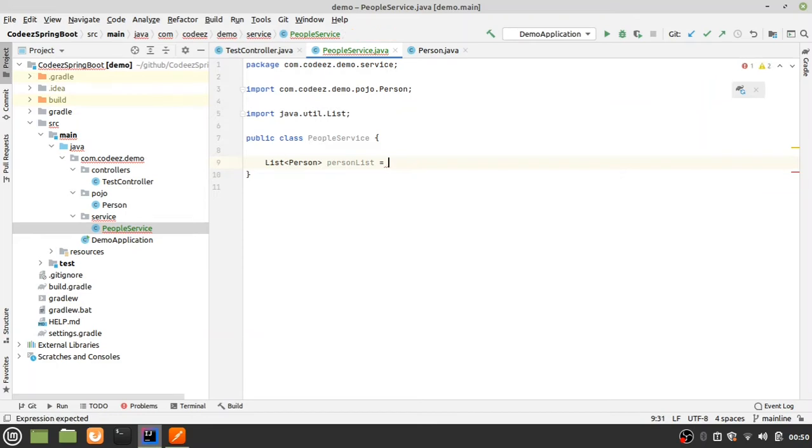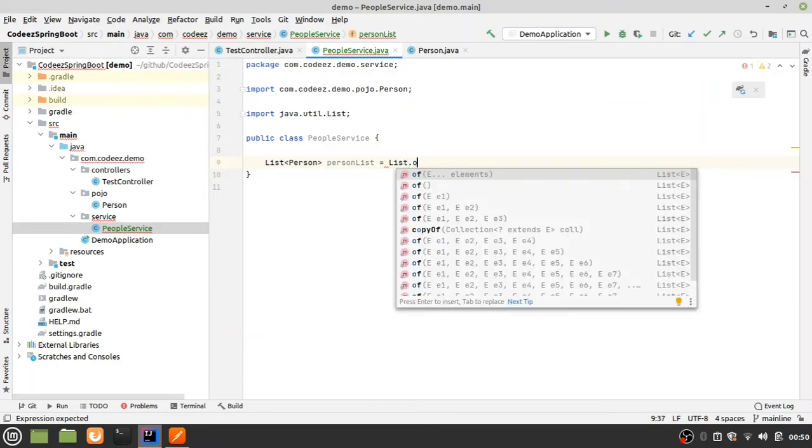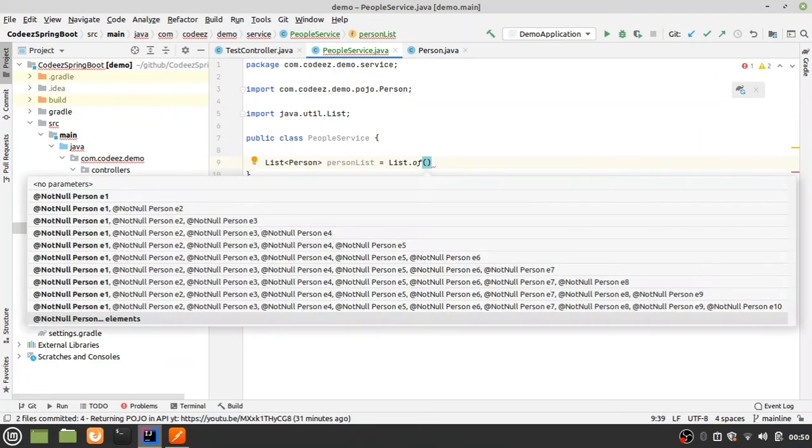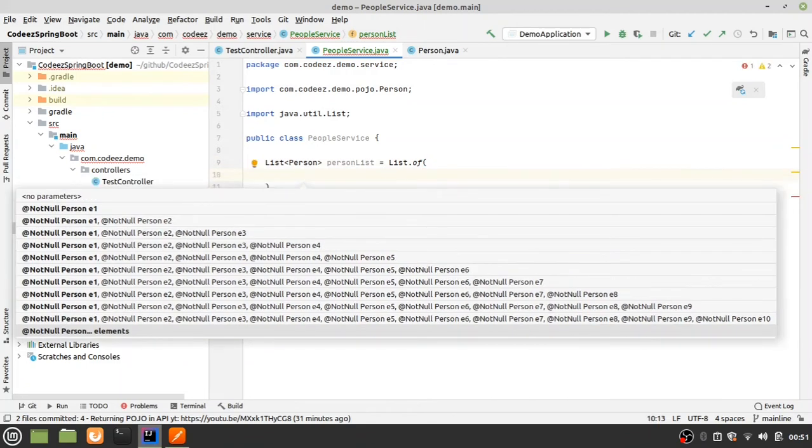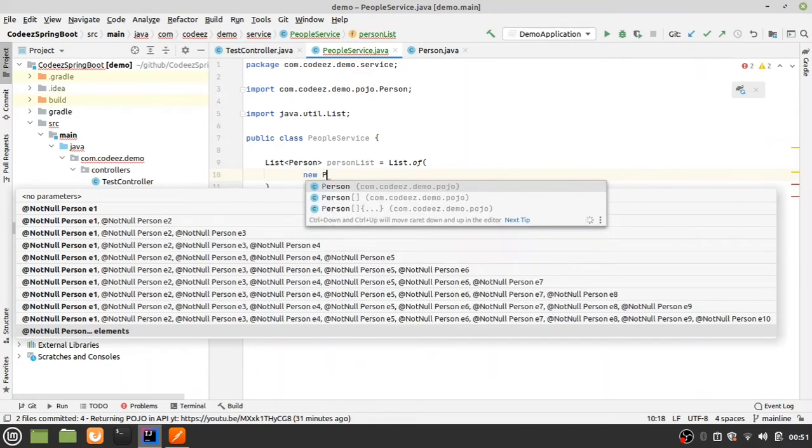Okay, so I will use List.of, which has been recently added into the Java language, and I will use